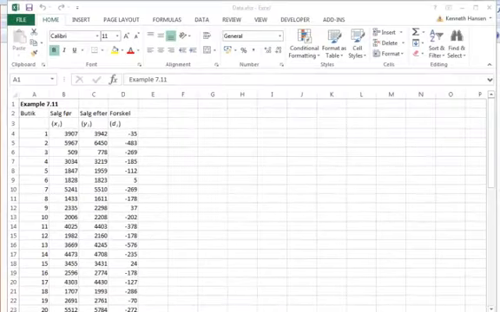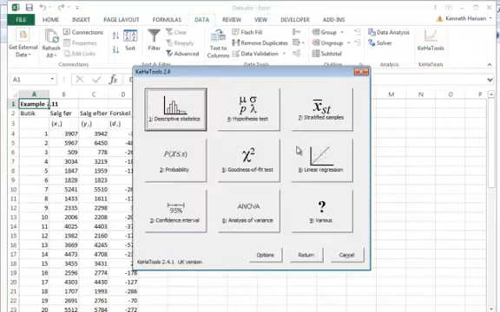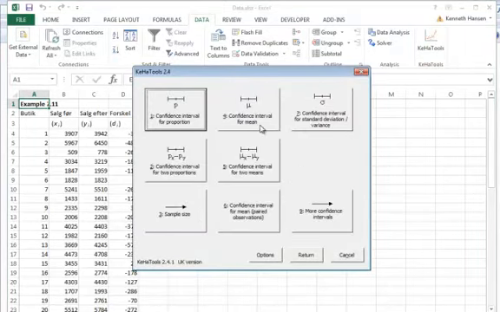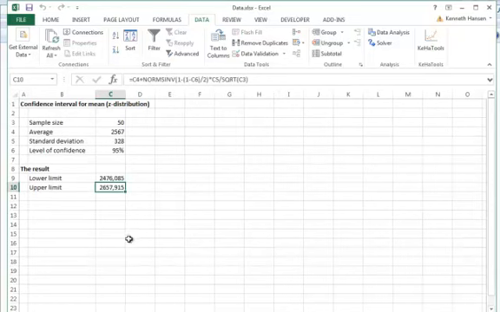First we can see whether the average is above 2,500 Danish crowns by constructing a confidence interval. And this is a confidence interval for a mean with a sample of 50, average of 2,567, and a standard deviation of 328. And we get the rather disappointing result that we cannot be assured that the mean is above 2,500.